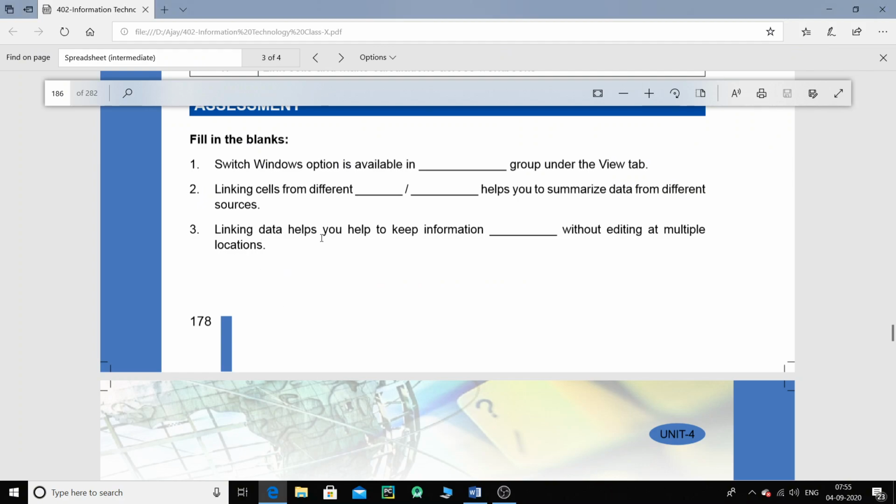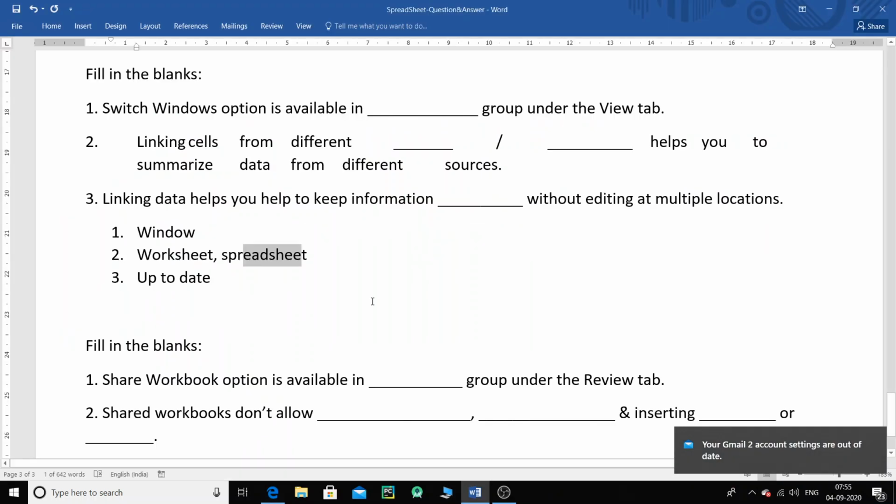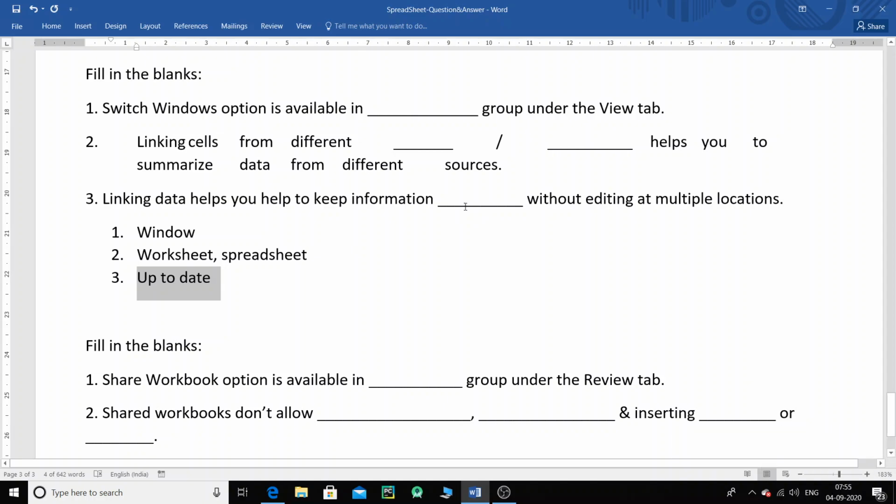Okay, linking data helps you to keep information dash, that is up to date. This fill in the blanks makes no sense, but still up to date without editing at multiple locations. Okay,